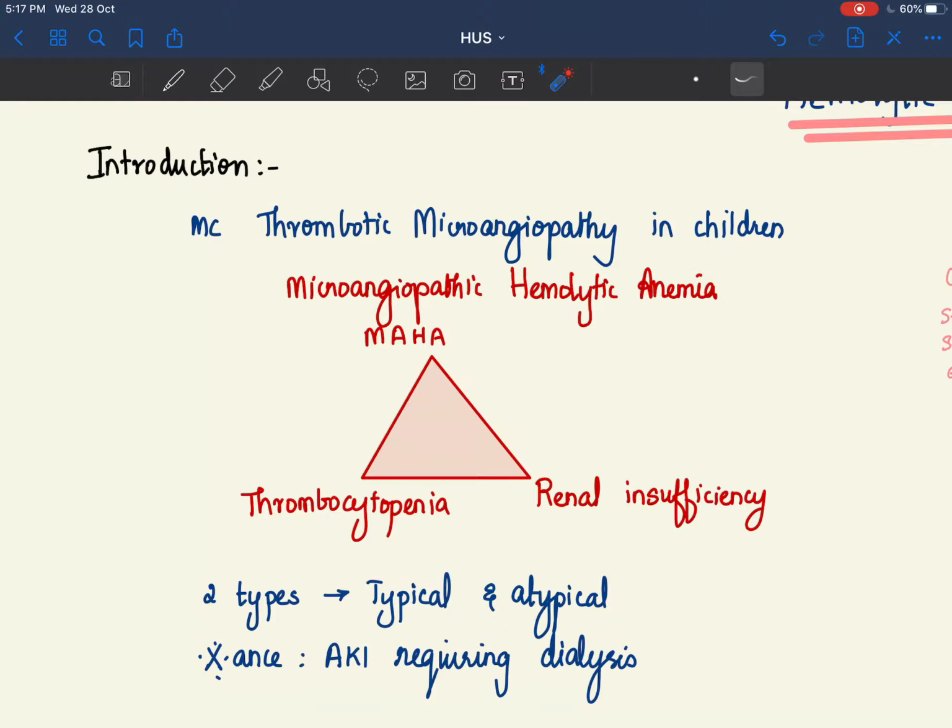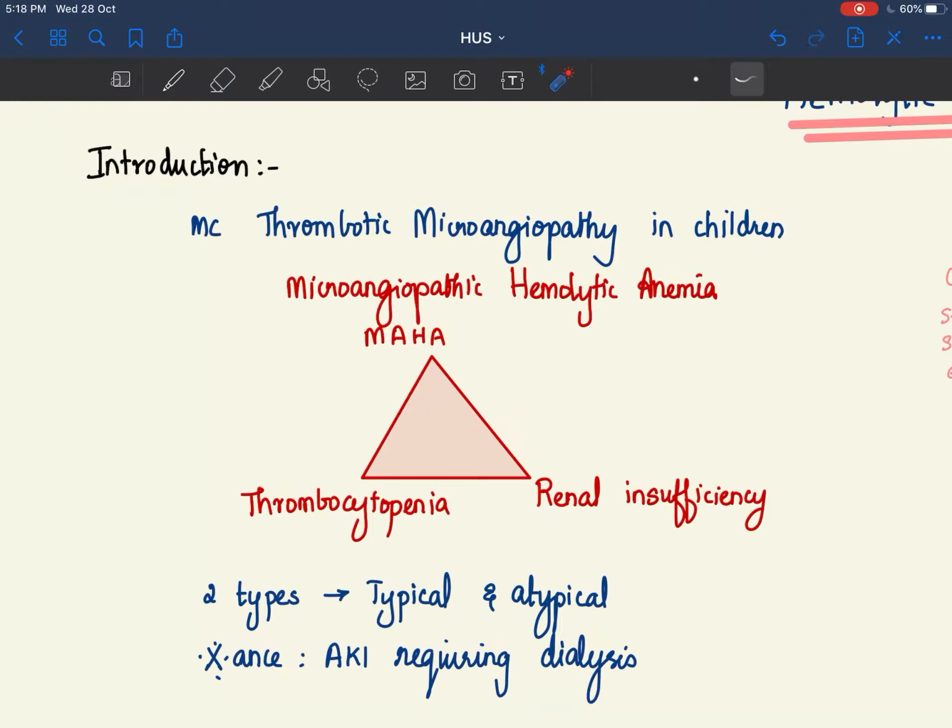So let's get started. Hemolytic uremic syndrome belongs to this umbrella group of disorders which are thrombotic microangiopathy. Basically, vessels are getting thrombosed. And this is the most common disorder in this umbrella. The classical triad of hemolytic uremic syndrome is microangiopathic hemolytic anemia, thrombocytopenia, and renal insufficiency. Two cell lines from the hematological system and one from the kidney. And this is of two types. Again, HUS is of two types. One is typical and atypical.